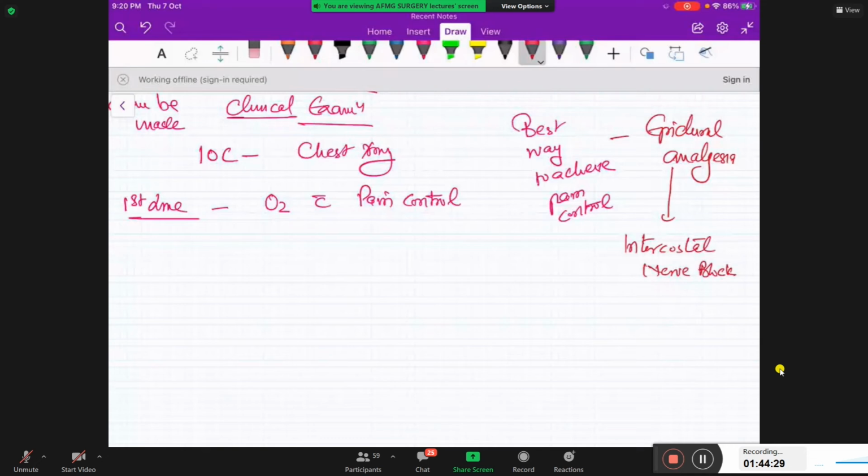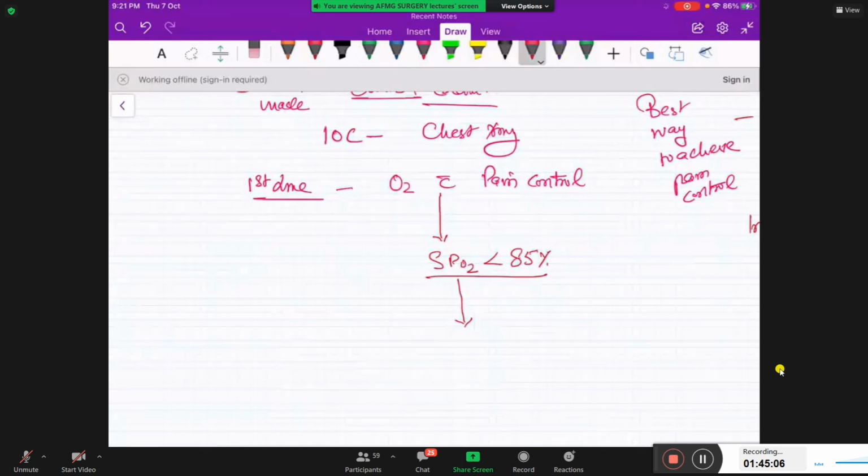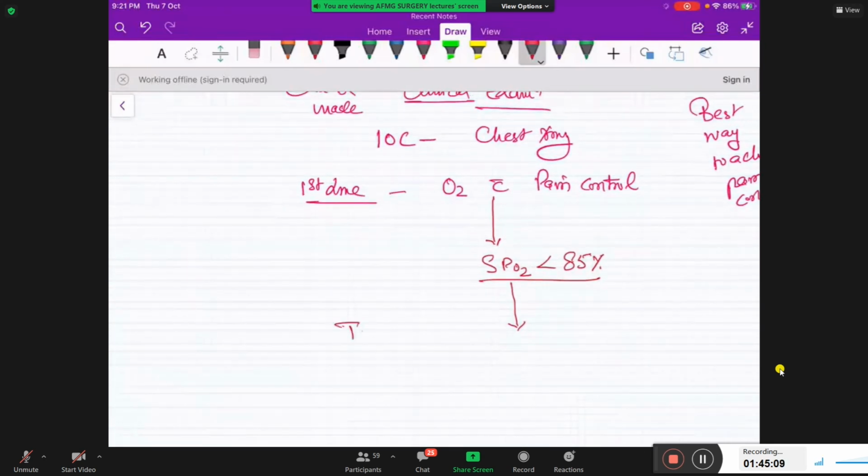Right? But after this, you have started oxygen, you have started pain control, but if the oxygen saturation of the patient stays below 85% in any given question, even after oxygen therapy and pain control, we are supposed to go to the next level of management, which is the treatment of choice for flail chest also, and that is